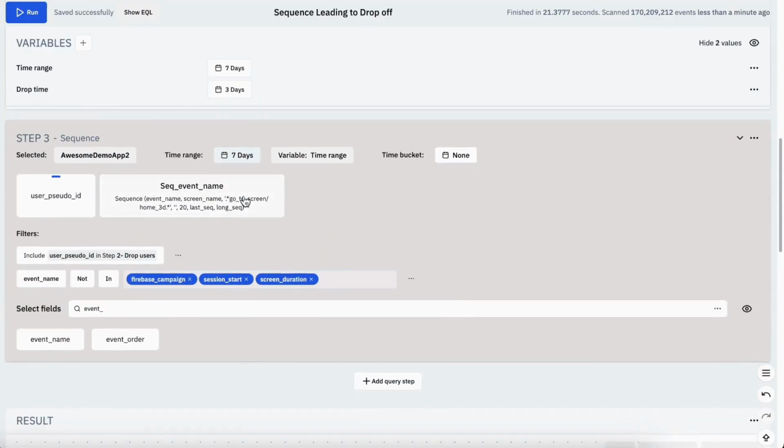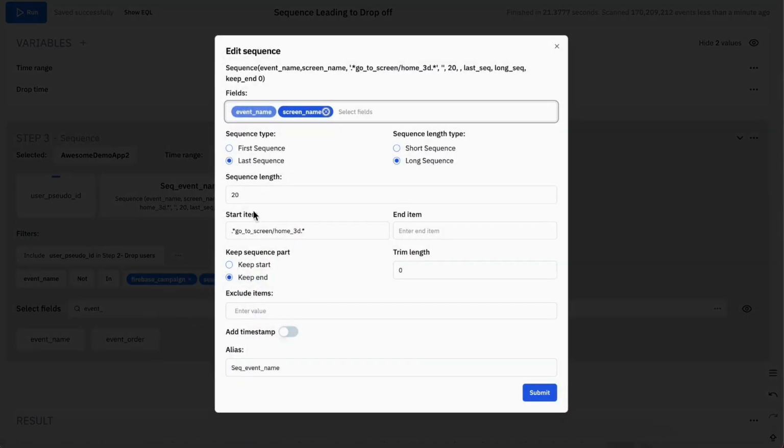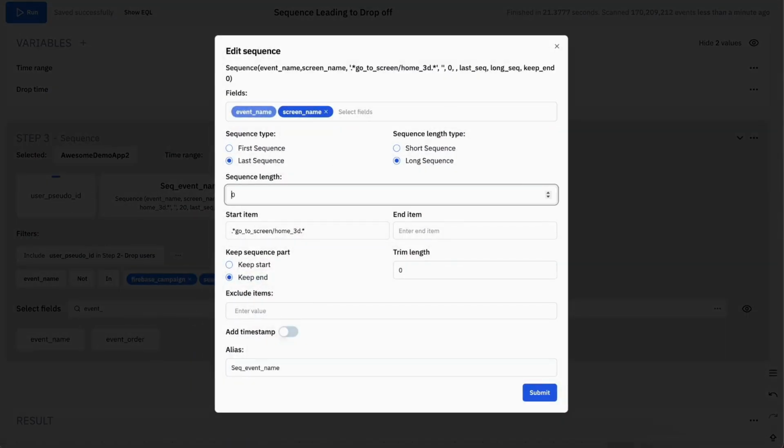So what I can do is adjust the configuration. I'll make the sequence longer. For example, set the length to 300. That way, we include more events and increase the chance of matching the sequence. But of course, a length of 300 might be too long to analyze visually.